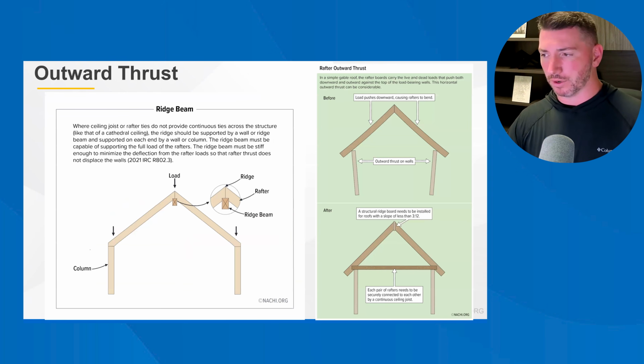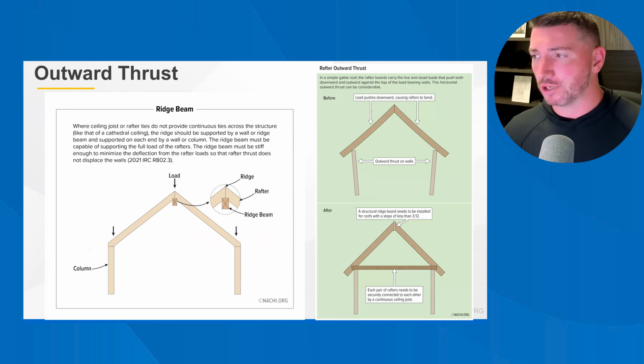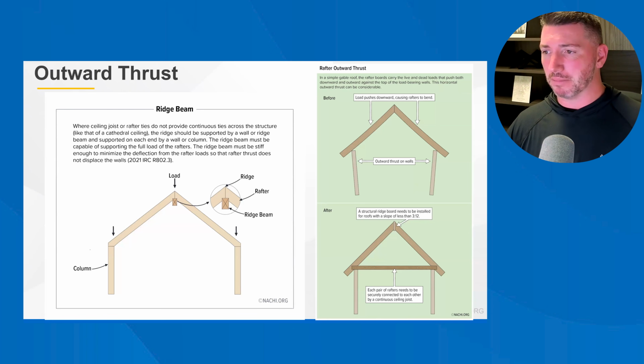And then you have outward thrust, right? Where a ceiling joist or rafter tie does not provide continuous ties across the structure like that of a cathedral ceiling. The ridge should be supported by a wall or ridge beam and supported on each end by a wall or column. The ridge beam must be capable of supporting the full load of the rafters. The ridge beam must be stiff enough to minimize the deflection from the rafter loads so that rafter thrust does